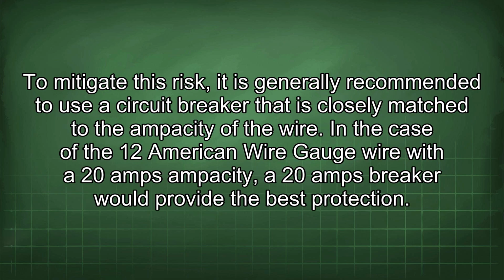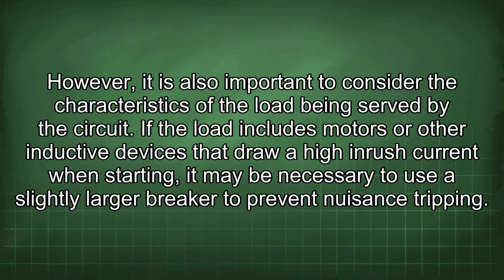To mitigate this risk, it is generally recommended to use a circuit breaker that is closely matched to the ampacity of the wire. In the case of the 12 American wire gauge wire with a 20 amps ampacity, a 20 amps breaker would provide the best protection. However, it is also important to consider the characteristics of the load being served by the